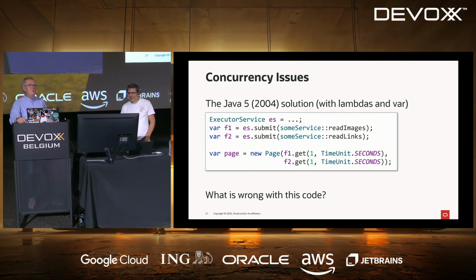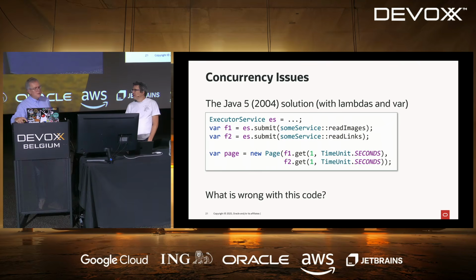So starting in 2004, Java 5, we have this new java.util.concurrent package that is being added to the JDK. And that brings a new pattern of code based on the use of the ExecutorService object. Basically, an ExecutorService is a pool of threads with some methods to submit tasks in the form of Runnables and Callables, and you get a Future in exchange that you can analyze to get the result. And you end up writing this kind of code.